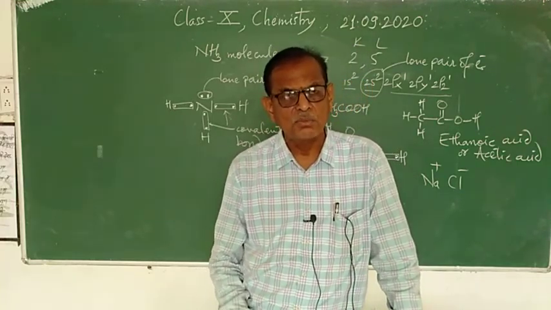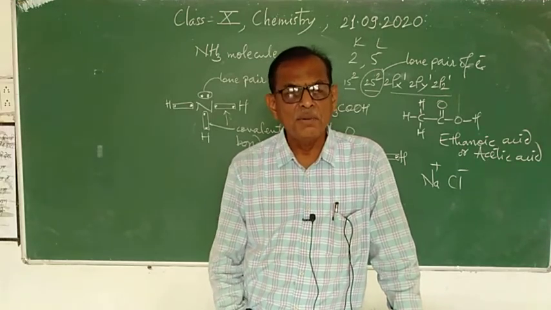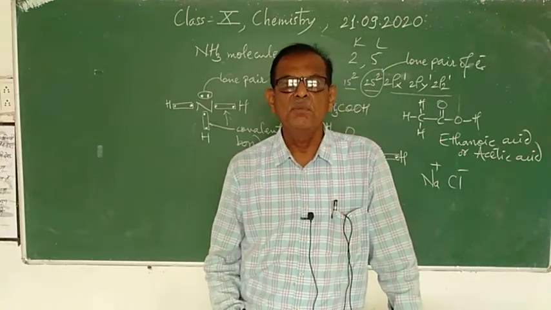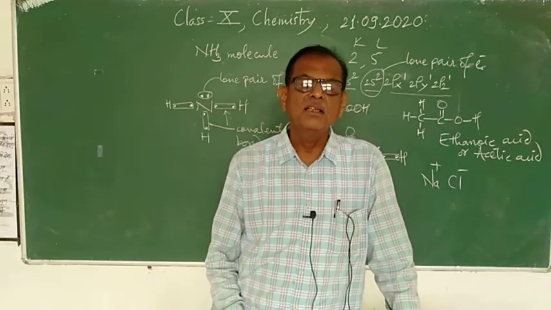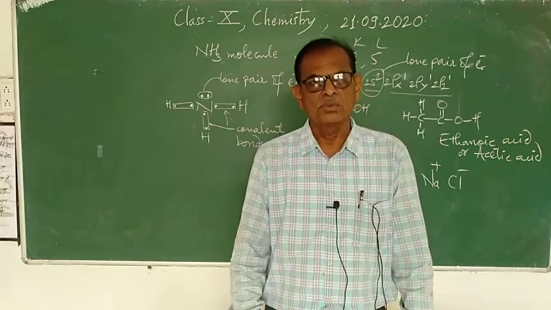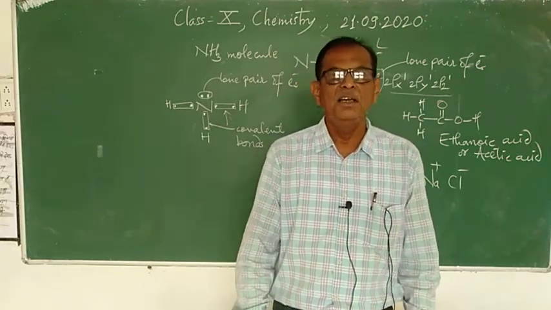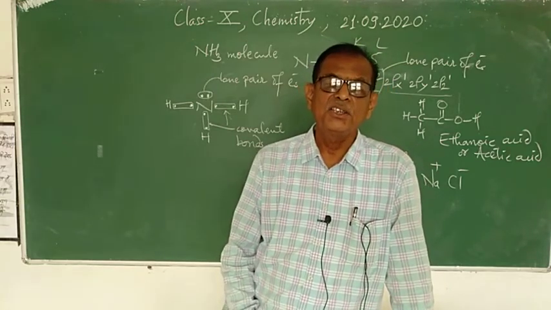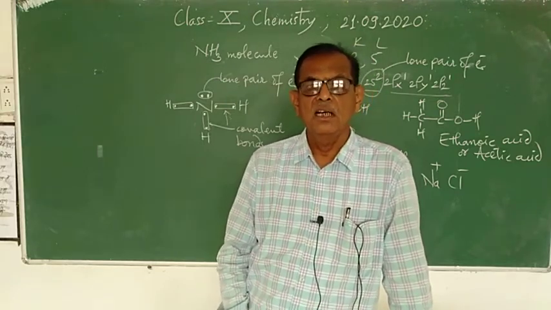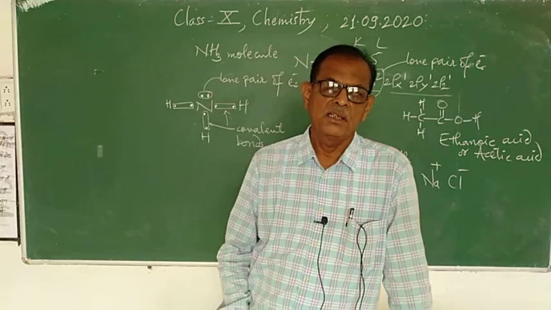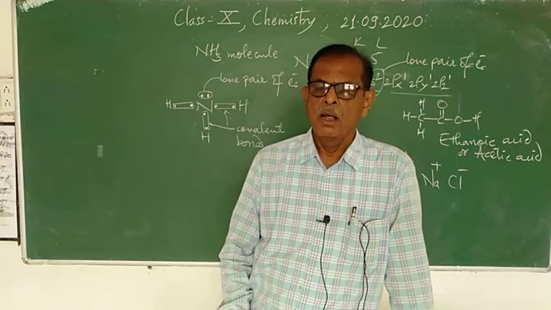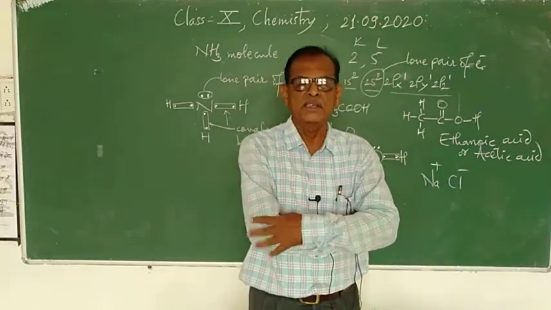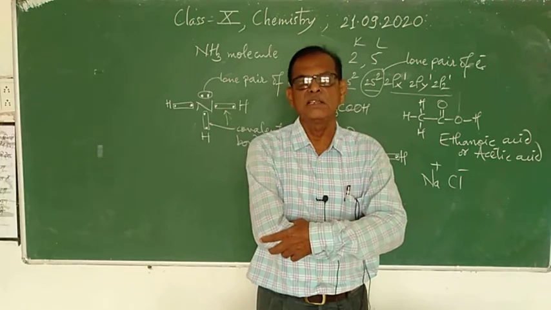These are different forms of carbon, and they have different physical properties, while their chemical properties are likely to be the same, and therefore these are called allotropes. One and the same element exists in different forms. Their physical properties are different, but chemical properties are likely to be the same. They are called allotropes, and the phenomenon is known as allotropy.